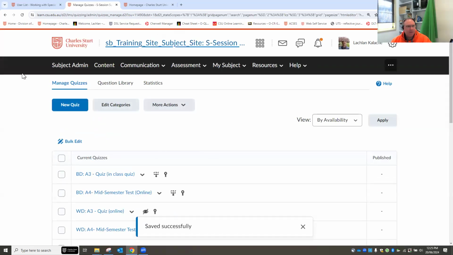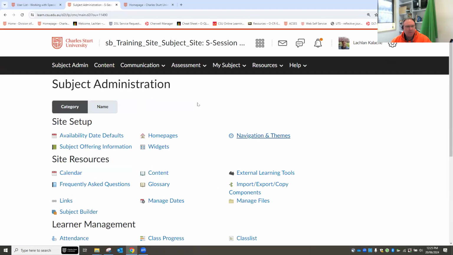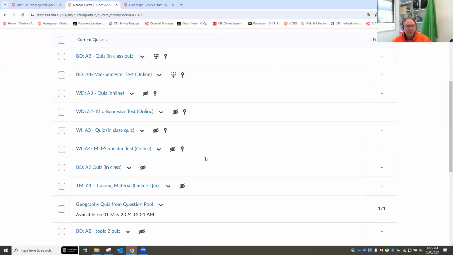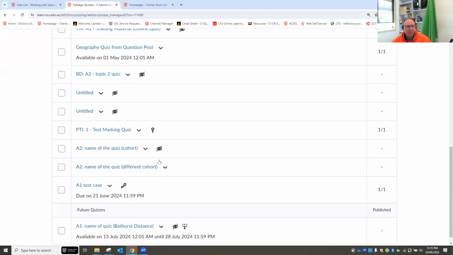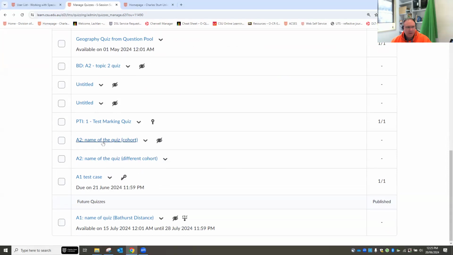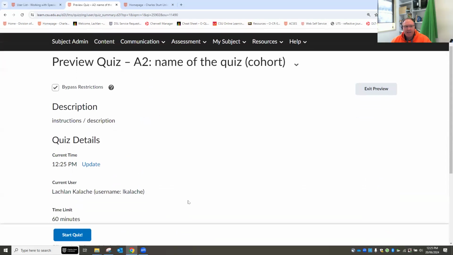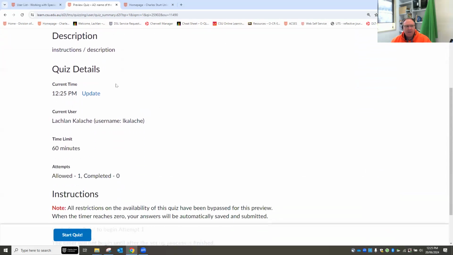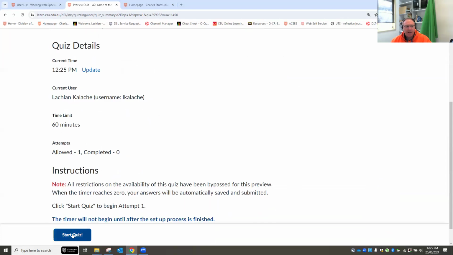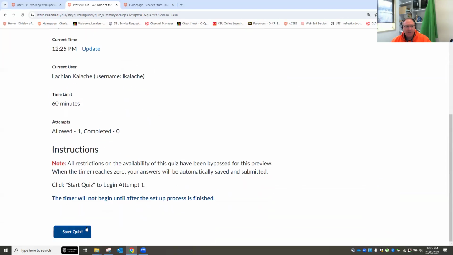I'm going to go in to a quiz as a student. So let me find, actually, I'll show you a better option because you guys don't get access to impersonate. Going back into my quiz dashboard, if I'm looking at a quiz and I want to see how it behaves for students, I have the option of previewing the quiz. Once I go to preview, it will run through that quiz as a student would. This is the information they see, however, and I can hit start quiz to begin. So it shows the instructions, hit start quiz, and then it will run through what the quiz is going to